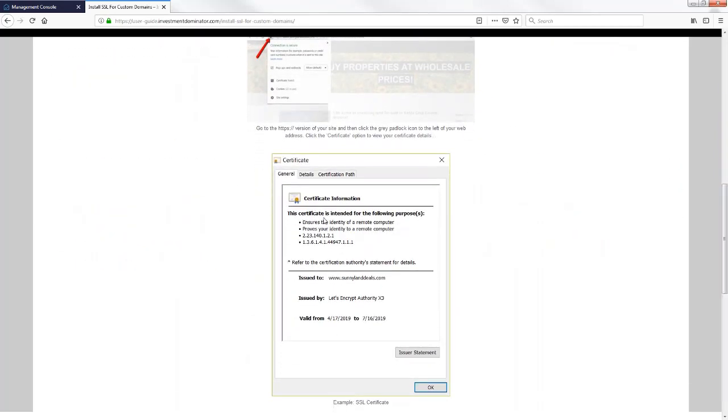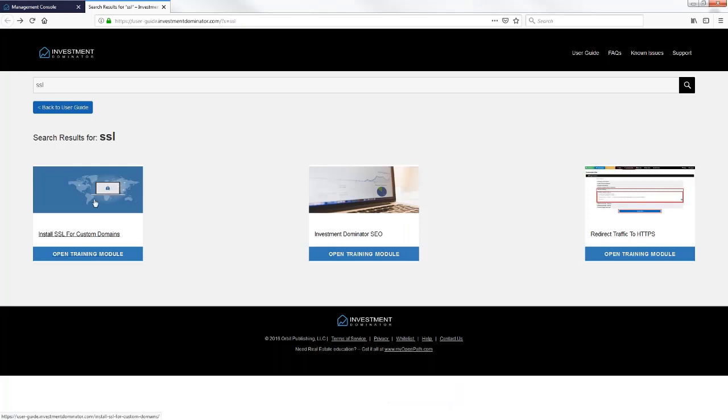This is kind of information that you'll see when your certificate is completed. And you can see this one was issued by Let's Encrypt Authority. Obviously, if you get it from GoDaddy, this will say issued by GoDaddy. So I'm hoping that will begin to answer the questions that you've had with regards to the SSL certificate. And like I say, at any step that you